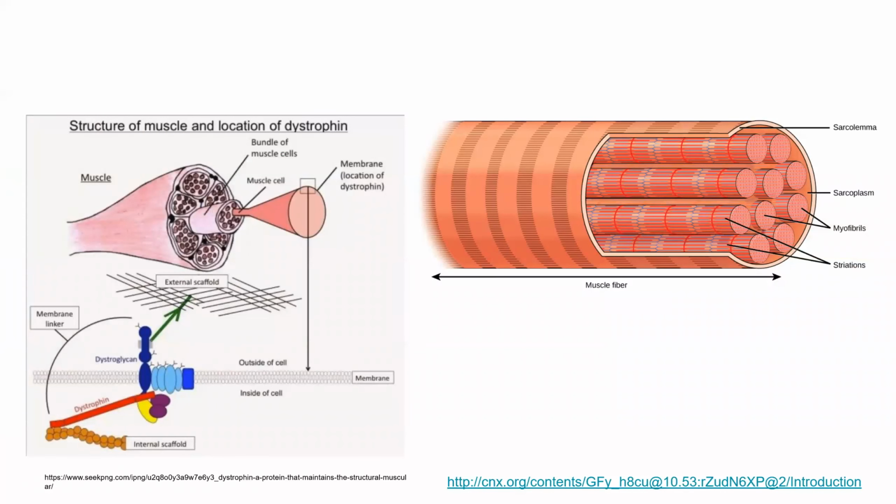So here is a more macro and large picture of the muscle cell and its location of dystrophin. As you can see on the left picture, the membrane is the location of the dystrophin, is part of the muscle cell, and is part of this entire muscle cell fiber. So you can see how important dystrophin is in the entire organ system. It helps with the force generation and also the force absorption and also being able to generate force through your entire body. So without dystrophin